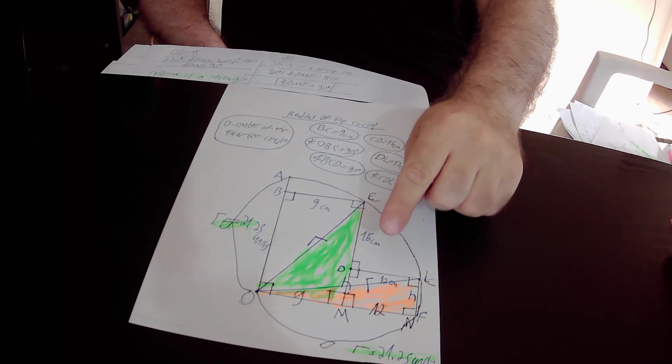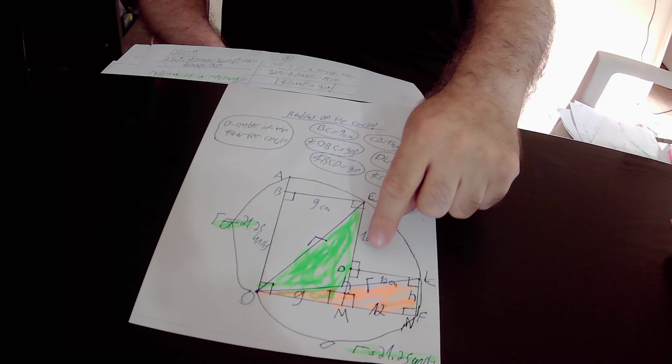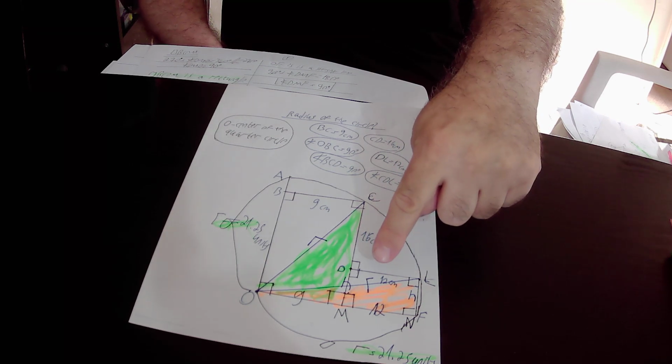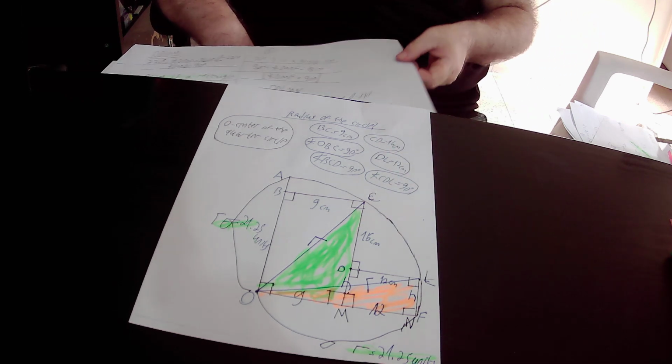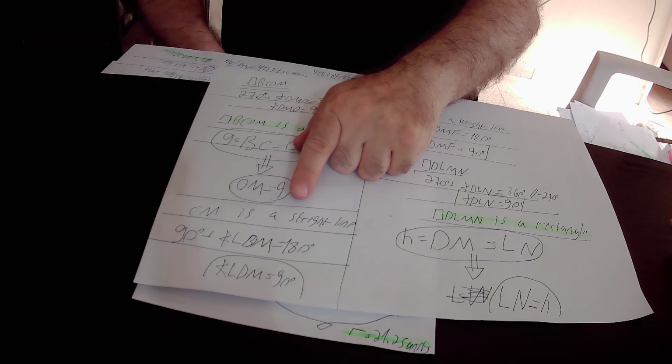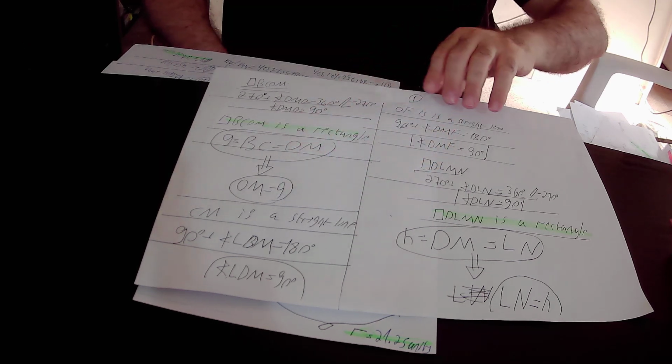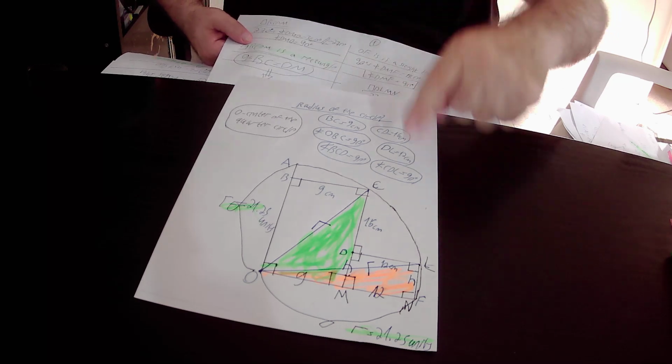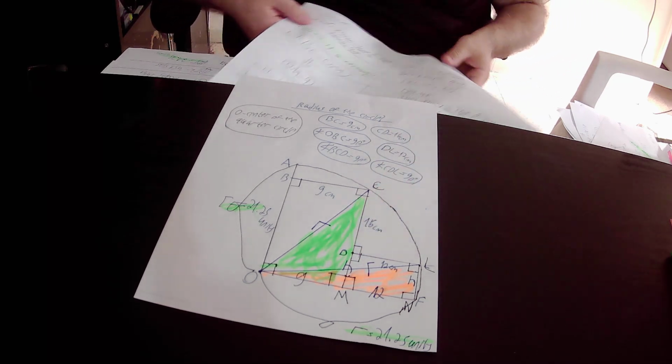So which angles do we have at this side of CM at point D? We have this angle that is equal to 90 degrees plus angle ADM. In total, the sum of those two angles must be equal to 180 degrees. So here 90 degrees plus angle ADM must be equal to 180 degrees according to rule number 3. Here we subtracted 90 degrees from this equation and found out that the missing angle ADM equals 90 degrees. This angle equals 90 degrees. Likewise,